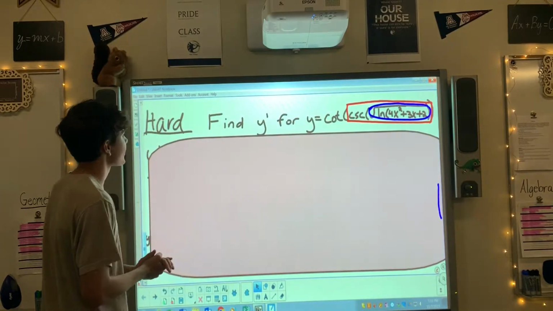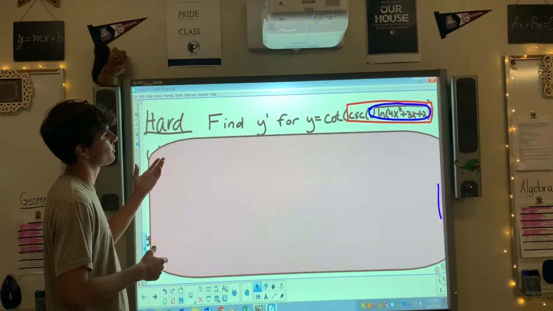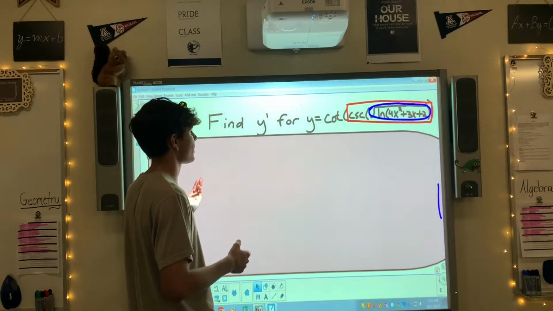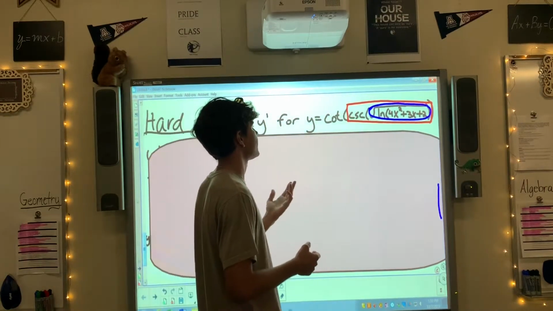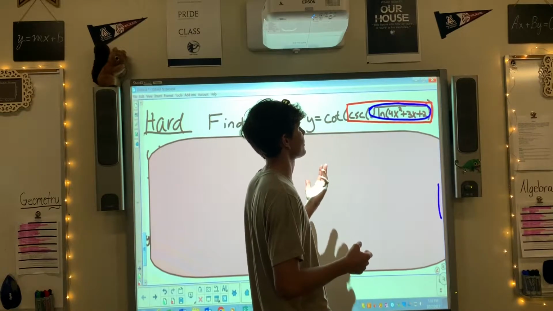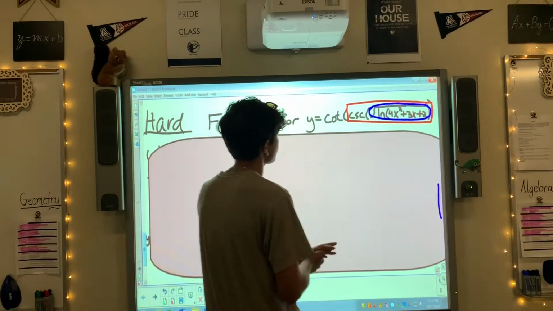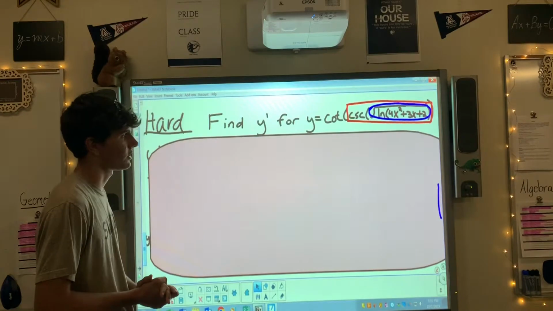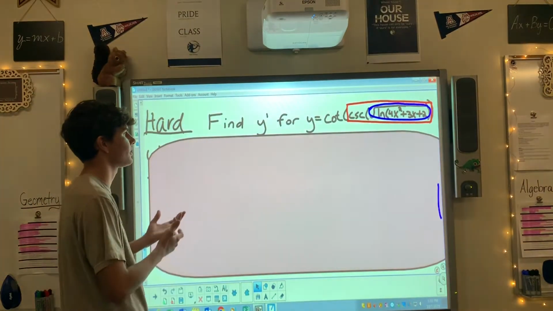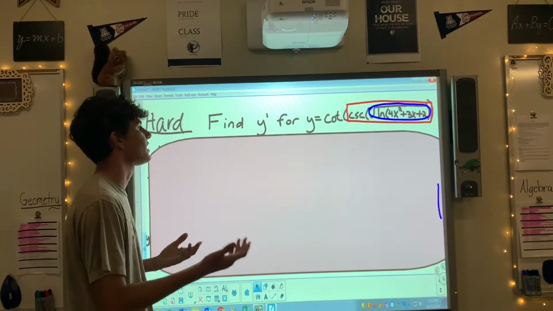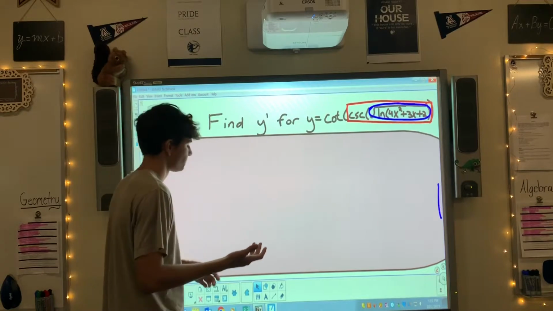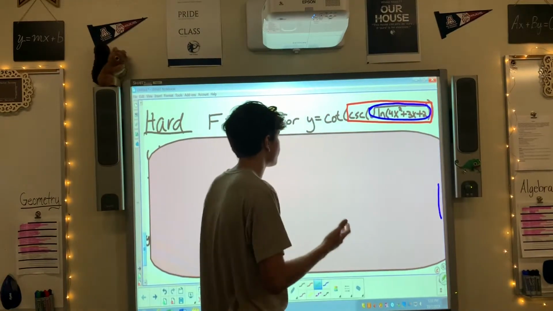So for our last problem, we have the hard problem. And for this, we are asked to find y prime for y equals cotangent, cosecant of the square root of ln of 4x squared plus 3x plus 2, which at first seems extremely hard and complicated. It just seems long, and that's really what the whole problem is. It's not really hard to do, it's just a lot to keep track of, a lot of work. So to keep track of everything, we'll start off by